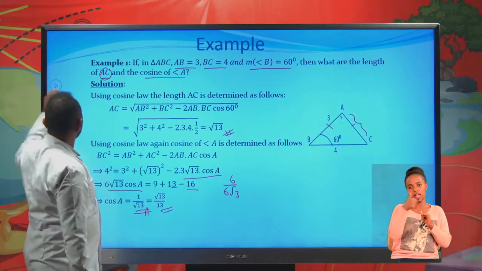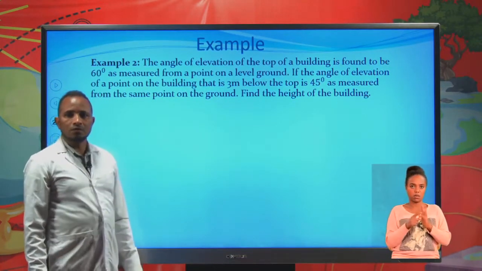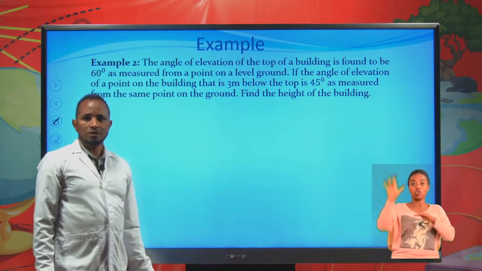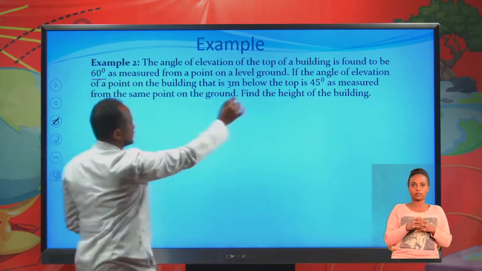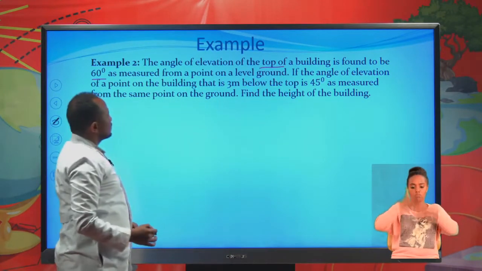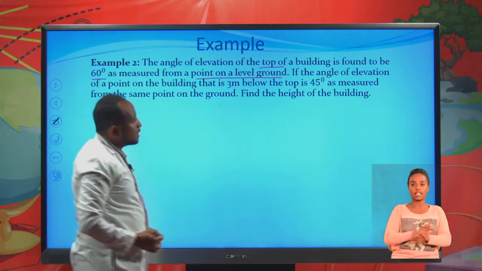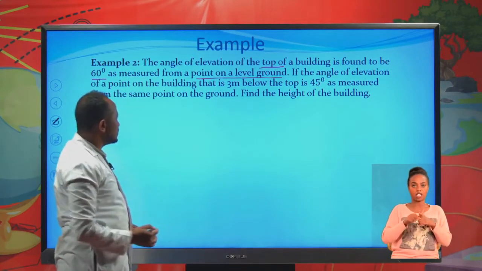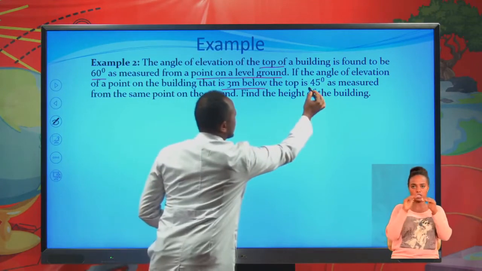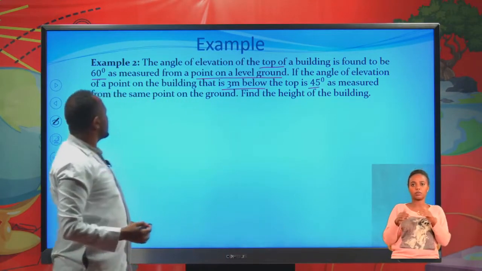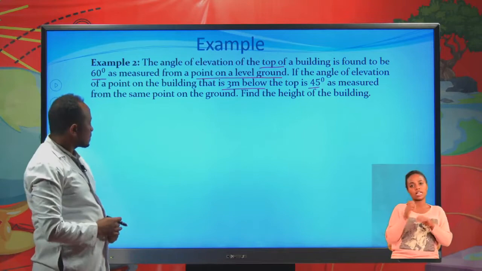Okay, now next, you'll have this one. The angle of elevation of the top of a building is found to be 60 degree from a point on level ground. If the angle of elevation of a point on the building that is 3 meters below the top is 45 degree as measured from the same point on the ground, and you are asked to find the height of the building. So here,